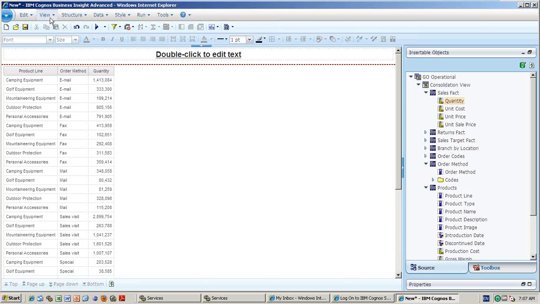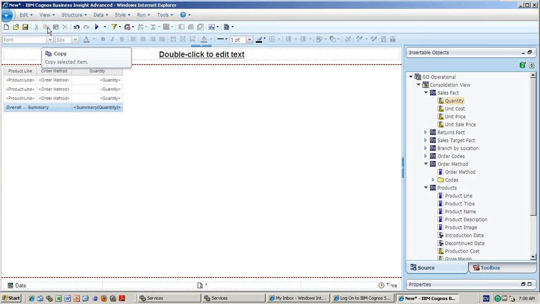Now I am going to the View menu. This is the only difference in Business Insight Advanced. See this one. View, previously it was page preview, now I am taking page design. So now how is it behaving?